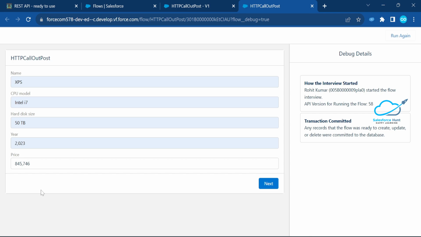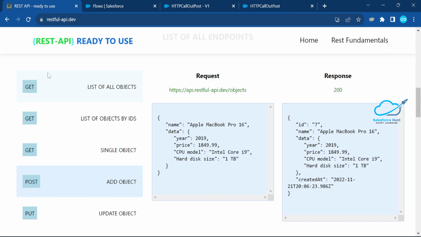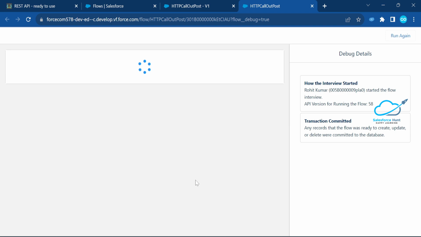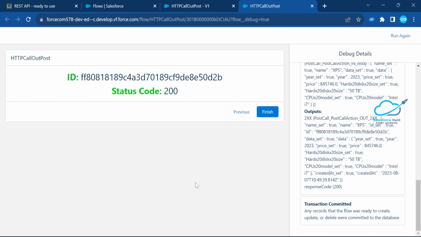So how do we find out whether this data is available inside that API? Very easy. I will show you. Once you click on this Next button, it automatically creates the product. Just click on Next, and after some time you can see the ID and status code. It's 200, which means success. It's already created, and side by side you can see